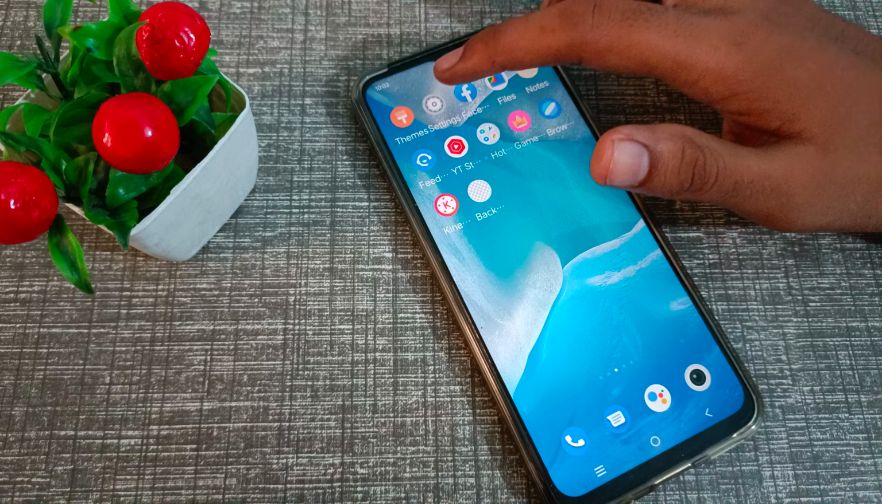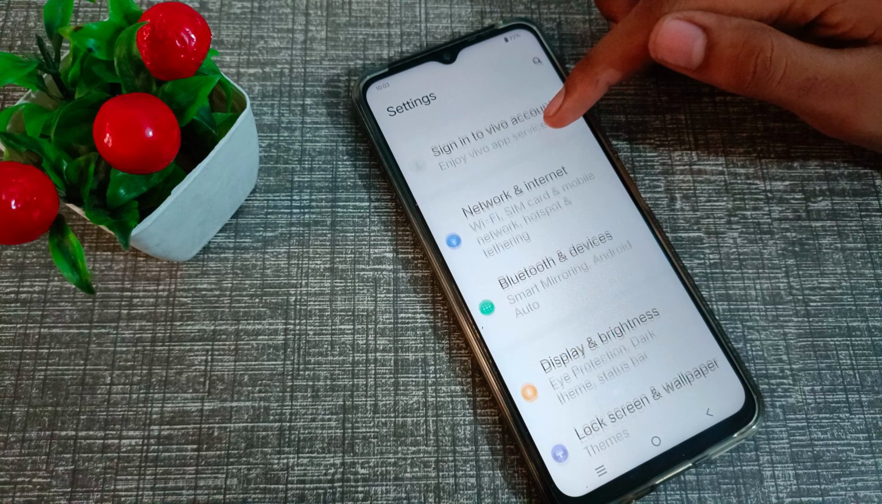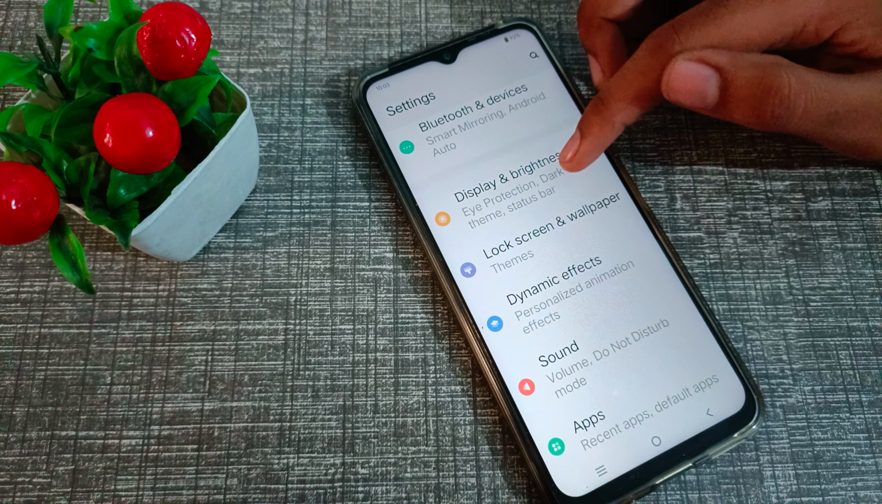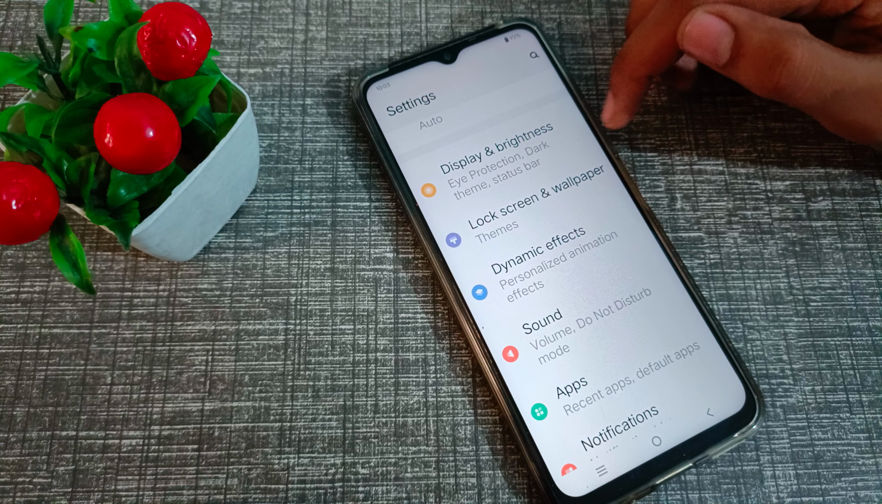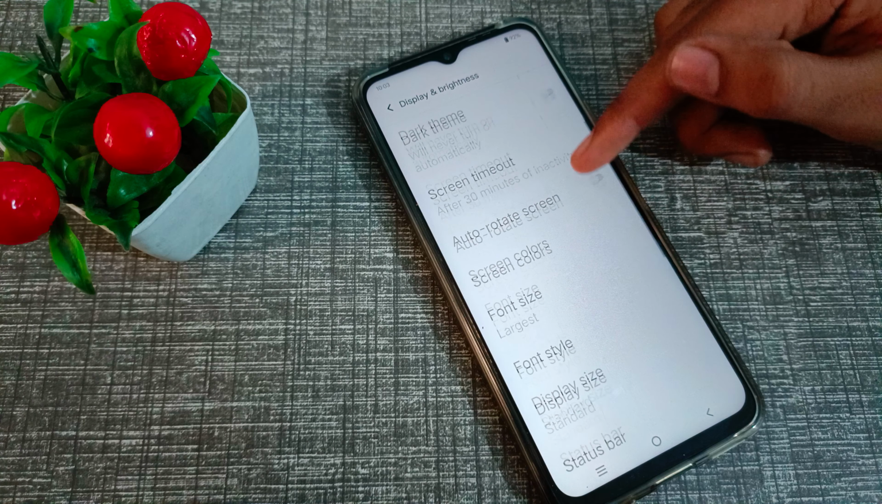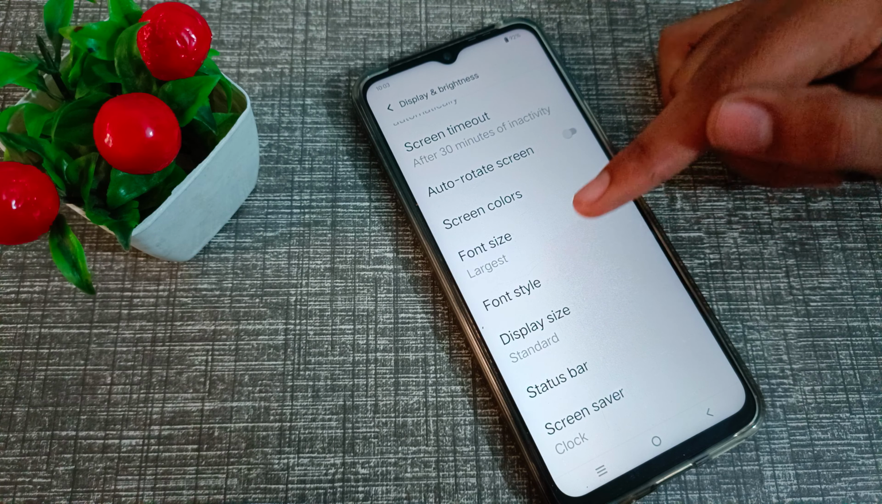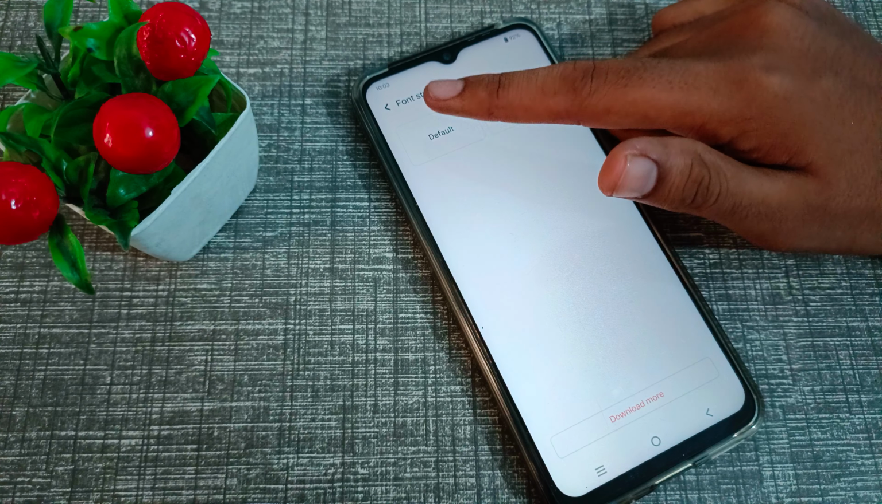So friends, first of all open your phone settings, then guys click on display and brightness, then tap on font style, guys click on default,